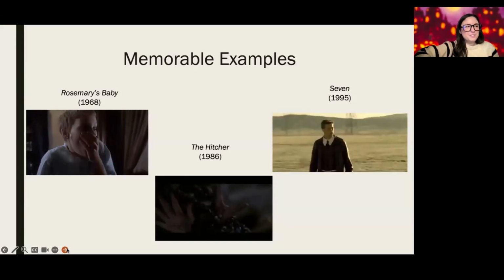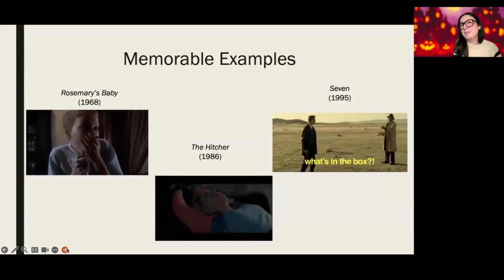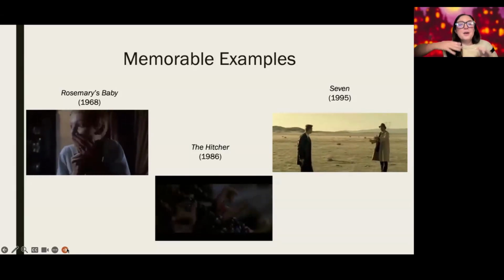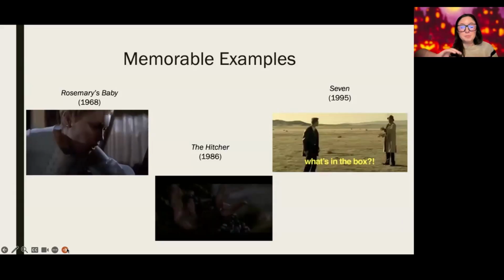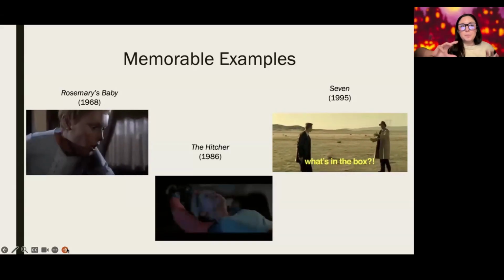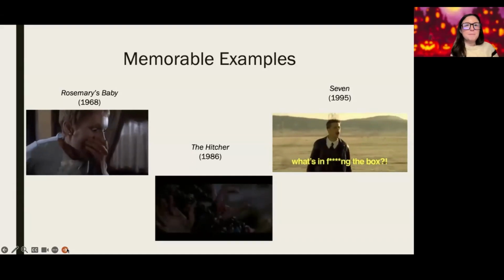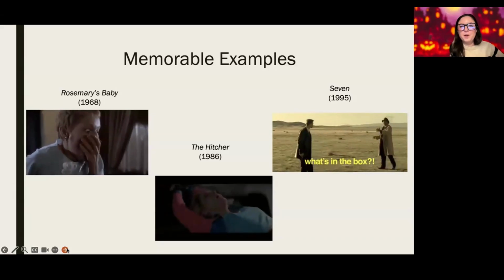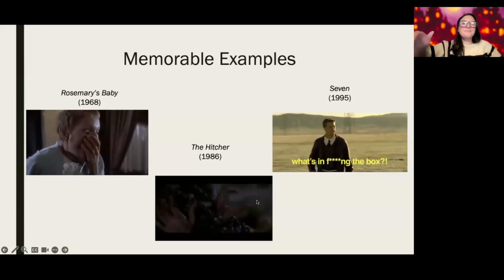And it works so successfully that some people's brains have actually created false memories that they have seen Gwyneth Paltrow's head in the box. If you look at the film, it's never actually shown. But because the tension has been built over the course of the movie so well, and because we focus so much on the character's reaction to opening the box, the audience can immediately fill in the blank. There's no confusion, no uncertainty. We all know exactly what's in the box.